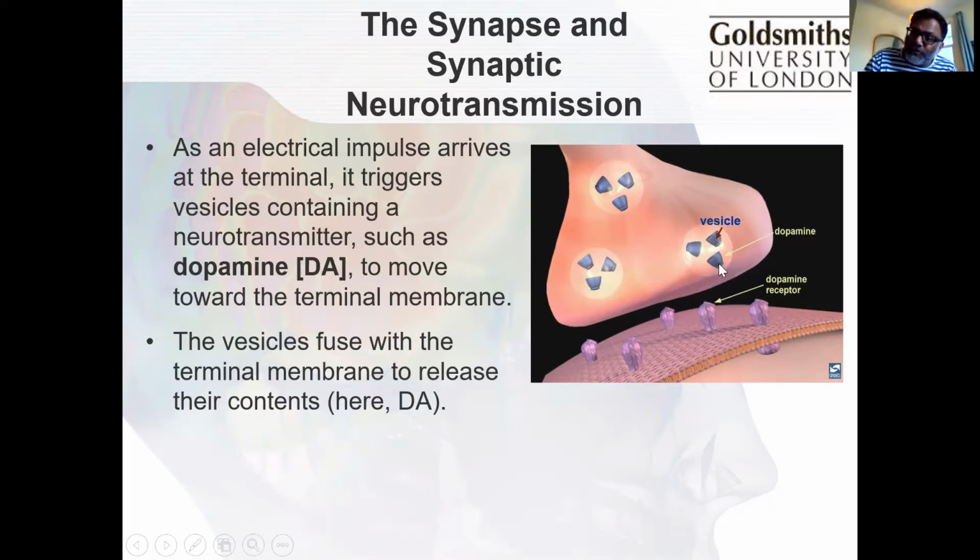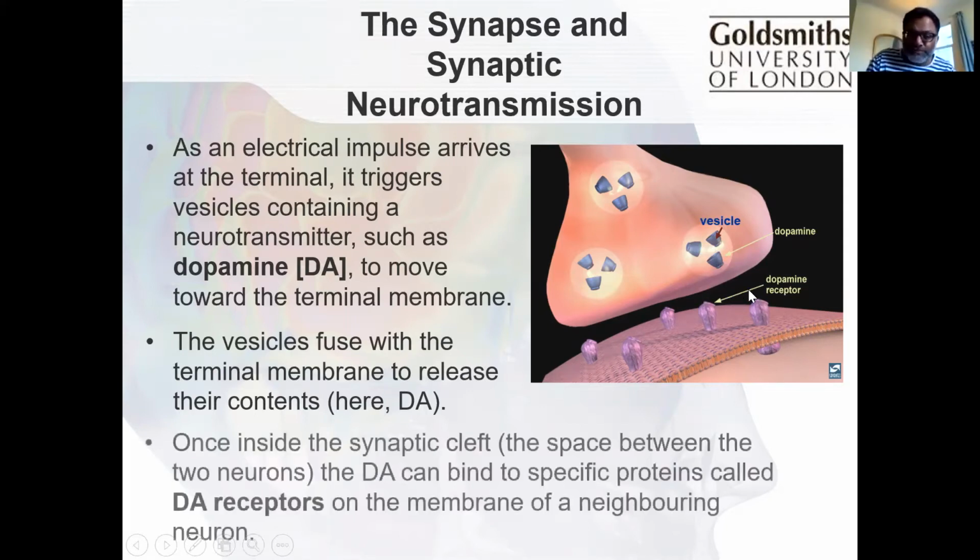And when it fuses there, it basically opens this bag, and it allows the little gray guys that are in there that look like little coffee pots to release those little coffee pots out here, and that is how the